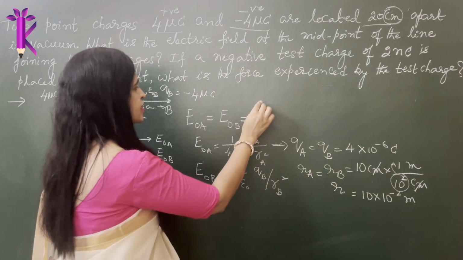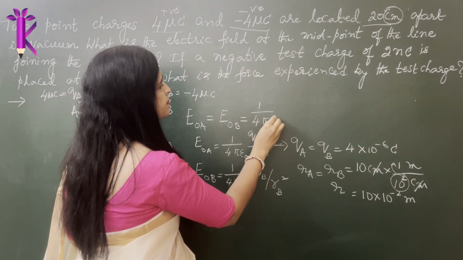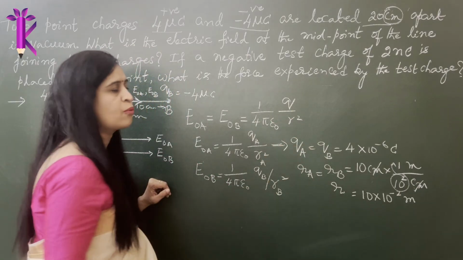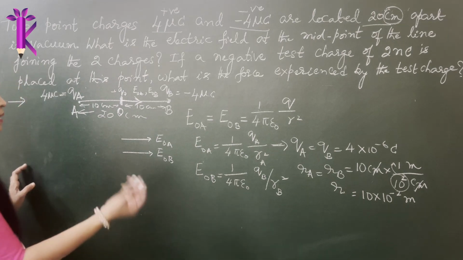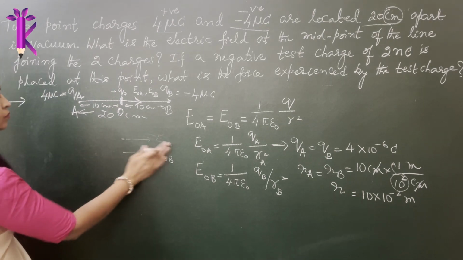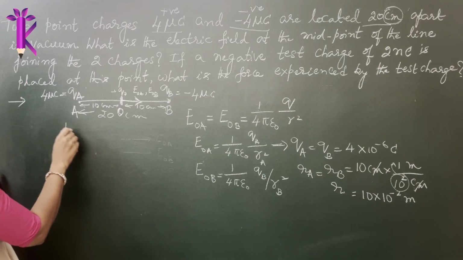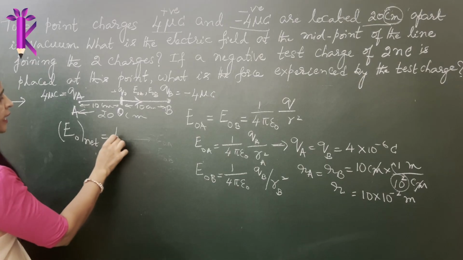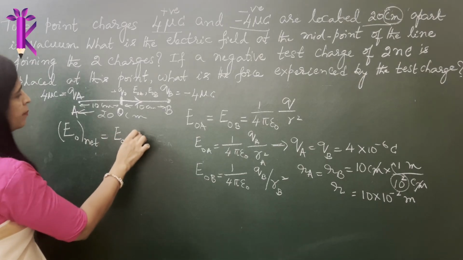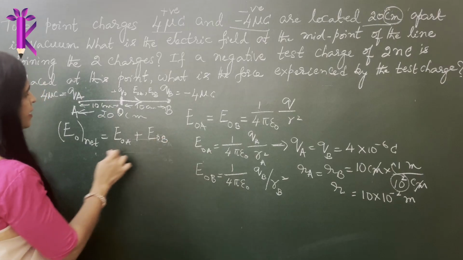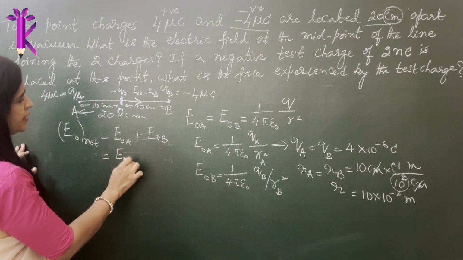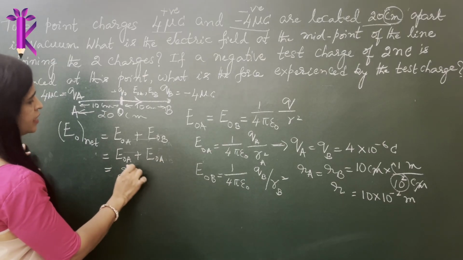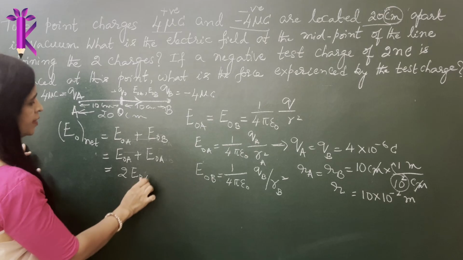So simply the expression can be written as 1 by 4 pi epsilon naught Q divided by R square in general, because QA and QB are equal, and RA and RB are also equal. So what will be the net electric field due to both A and B? The net electric field experienced by the point O is nothing but the electric field due to A plus the electric field due to B, and since the fields due to A and B are equal, you can figure one thing out.